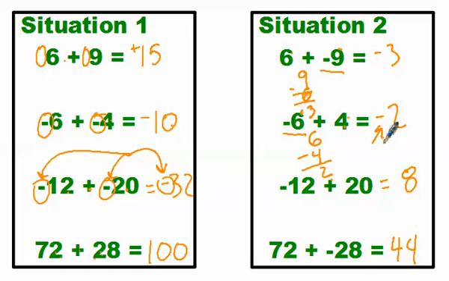In the third problem, I have negative 12 plus 20. This is how I thought of it. I said 20 minus 12, well, that's just 8. And then I went back and looked at the sign. Which number is farther from 0, negative 12 or 20? Well, 20 is farther from 0. Therefore, since that's a positive, this has to be a positive. And finally, for the last one,